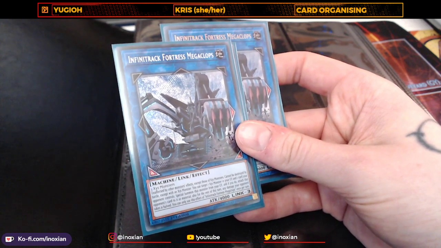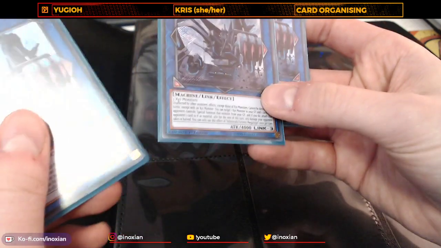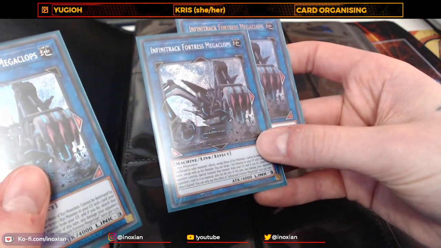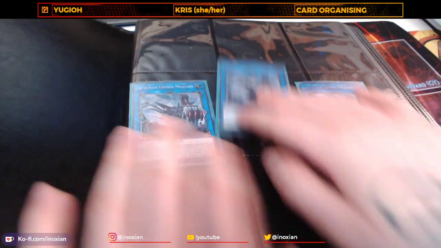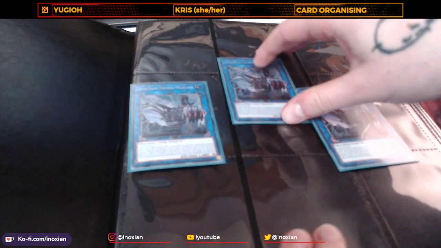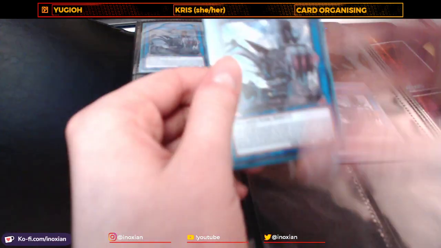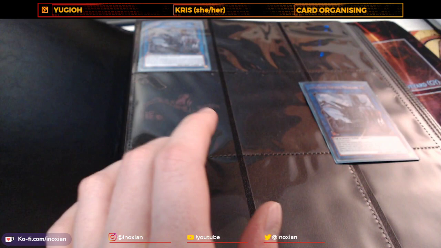These are actually worth quite a lot now because they are very easy to summon in certain XYZ decks. So, I'm going to put these in. This is the boss monster of the Infinitracks, and these are Earth Machines. So, this card actually sees a lot of meta-relevant play, surprisingly, even though it requires...